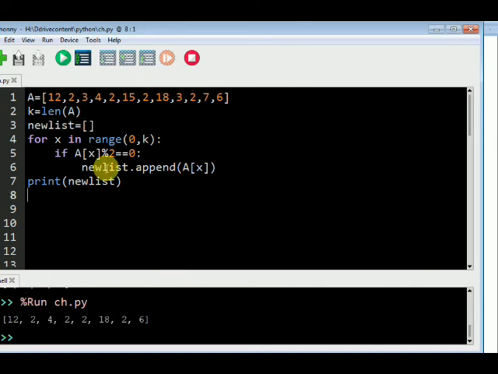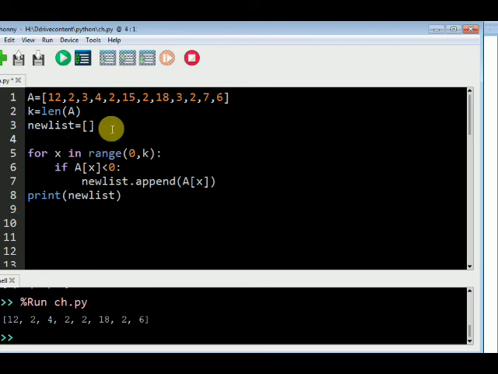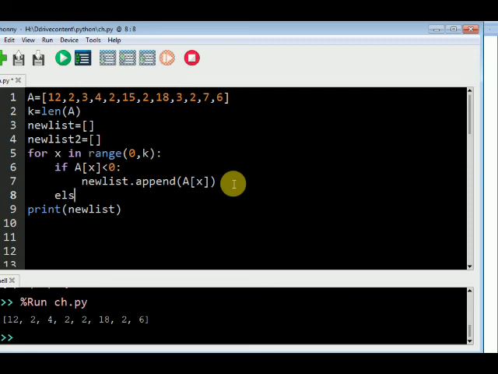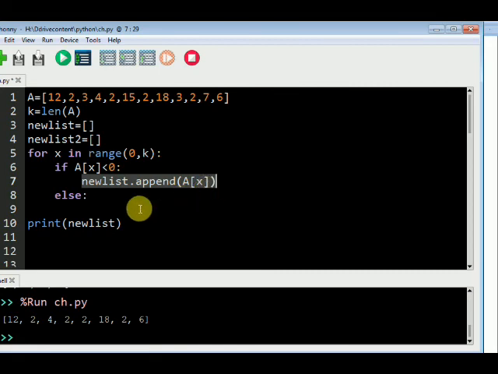Same way, if you need to check that the numbers are negative, positive, then change this line. If you want to check positive number, then greater than 0. If you want to check negative number, less than 0, and change these lines also. If you want to declare two lists, another list is going to be one more list, new list 2, this is your 2 list. Change that to positive, negative, and put the else part here, this side, this is your else. Now same line is going to be here also.